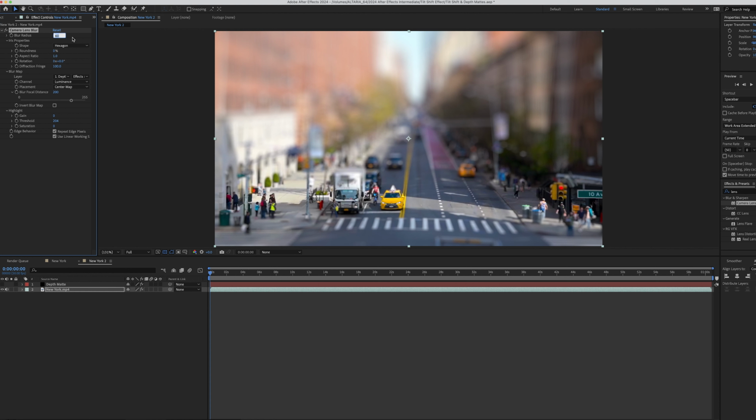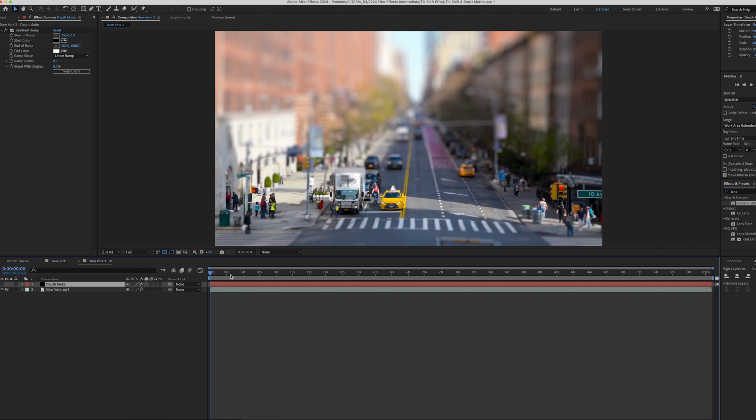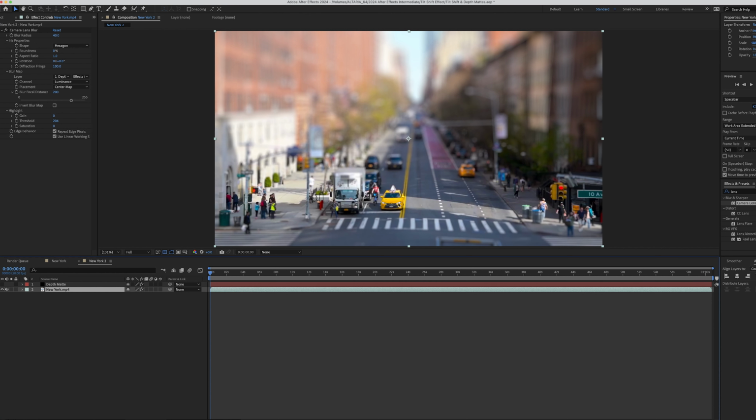And now I'm going to turn down the blur radius maybe to 40, just so it's not so extreme. So that's created very simply with just the simplest possible depth matte, this tilt shift effect. I'm going to add to that,